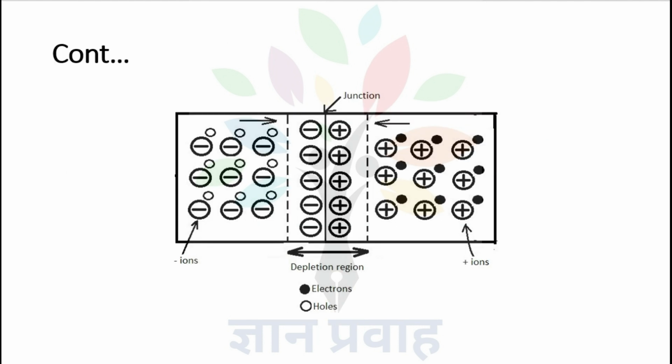The structure for PN junction diode is given here using P-type material and N-type material. P-type material is here up to here, then N-type material is here. In case of P-type material, holes are the majority charge carriers and electrons are the minority charge carriers. In case of N-type materials, electrons are the majority charge carriers and holes are the minority charge carriers. So holes are shown by a simple circle and electrons are shown by a dark circle. And these are showing ions, negative ions and here positive ions.